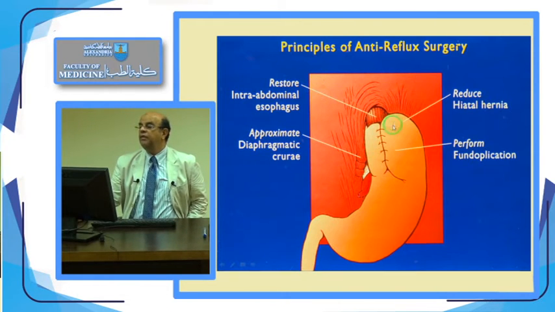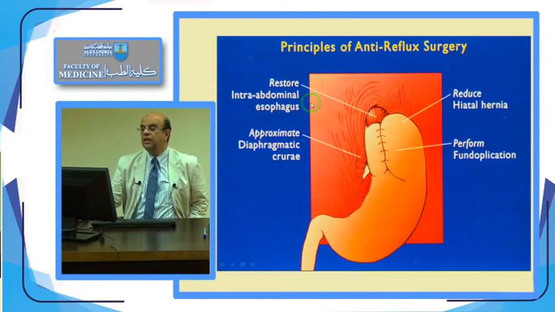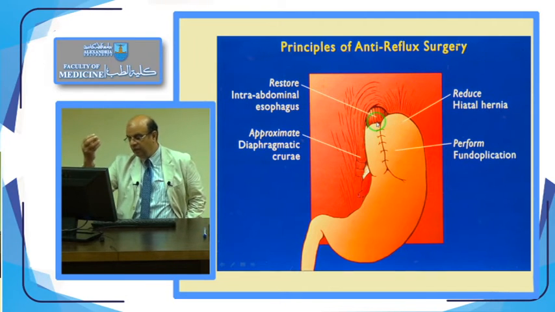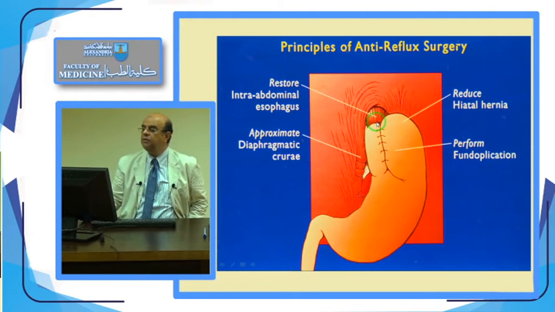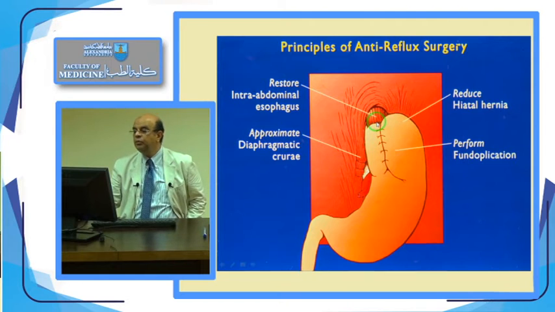So the aim of an anti-reflux surgery is to restore the intra-abdominal part of the esophagus, to dissect and bring back to the abdomen the herniating part of the esophagus, to approximate the diaphragmatic crura, because when this occurs, most of the time the right crus or the crura around the hiatus become redundant and the opening is wide, so we have to approximate this by some sutures, and if there is a hiatus hernia we have to reduce it,